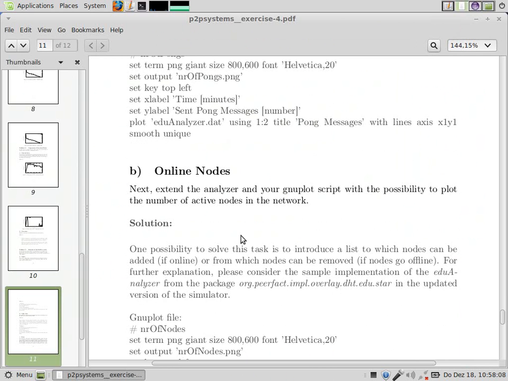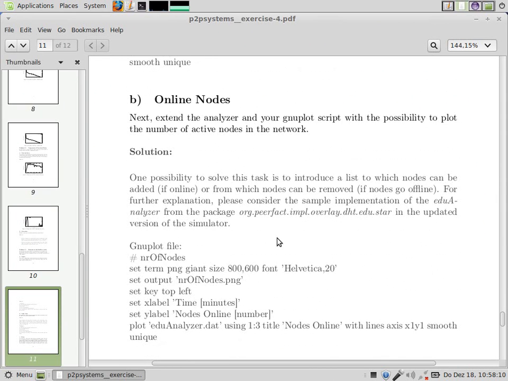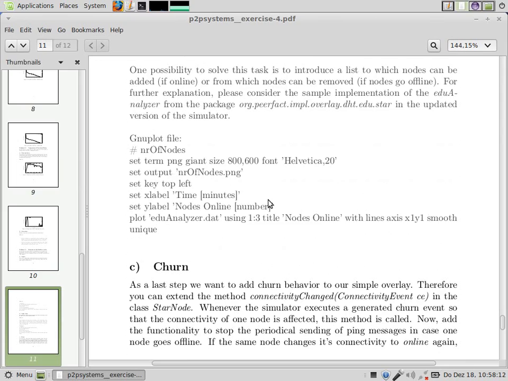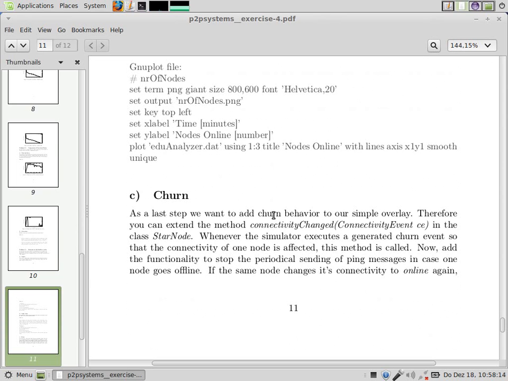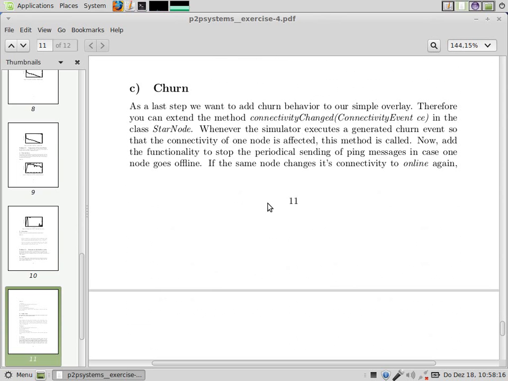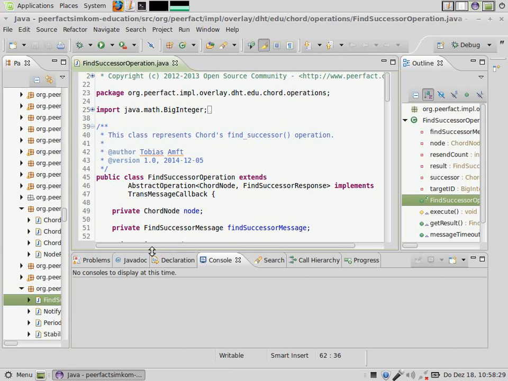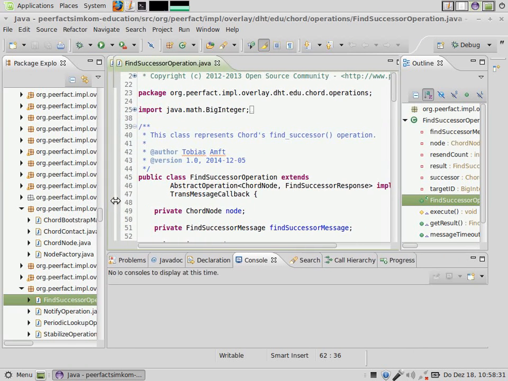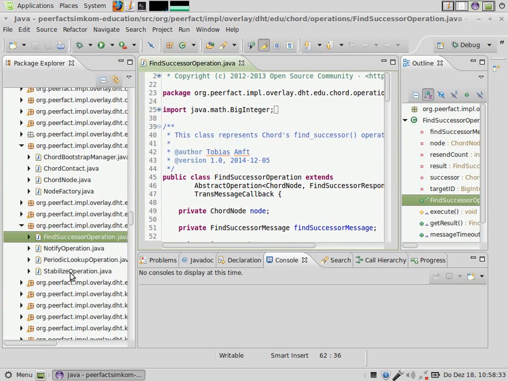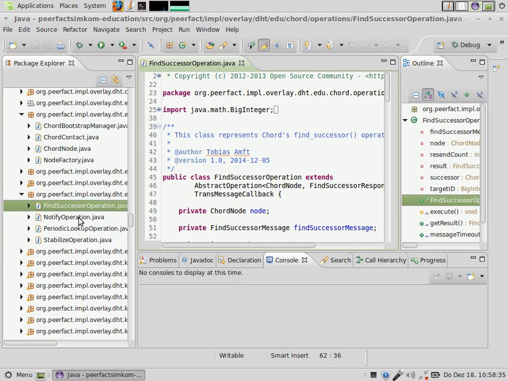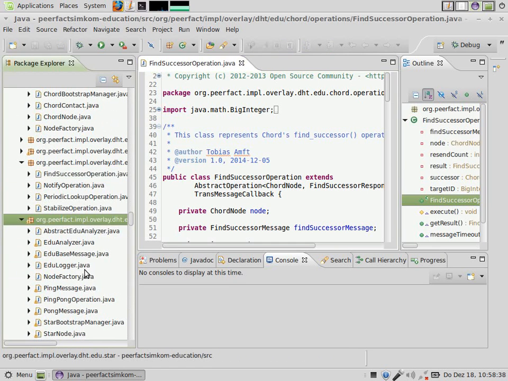Okay. The task was here to plot the number of nodes in the network, and I think more important here was to... If you want to present it, come in front and show me. Okay. Yeah, what we had here is